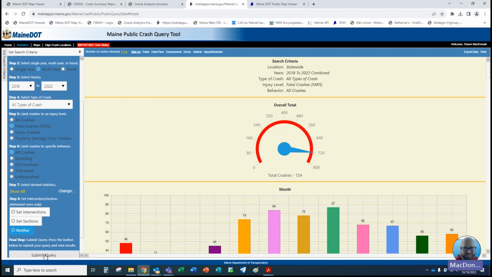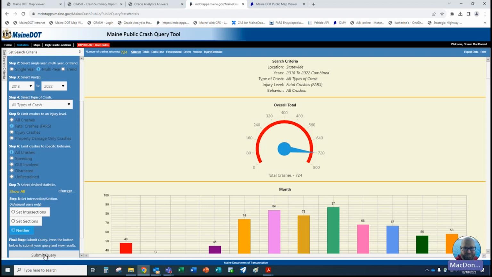So if you ever have a question about whether or not the fatal crash information that you're getting is accurate, you always want to check with the Bureau of Highway Safety. Don't just take what you get on this system. When I do my data and I get fatal information, I always have to run it through them first before I can actually publish anything, because they're the ones who dictate that information.